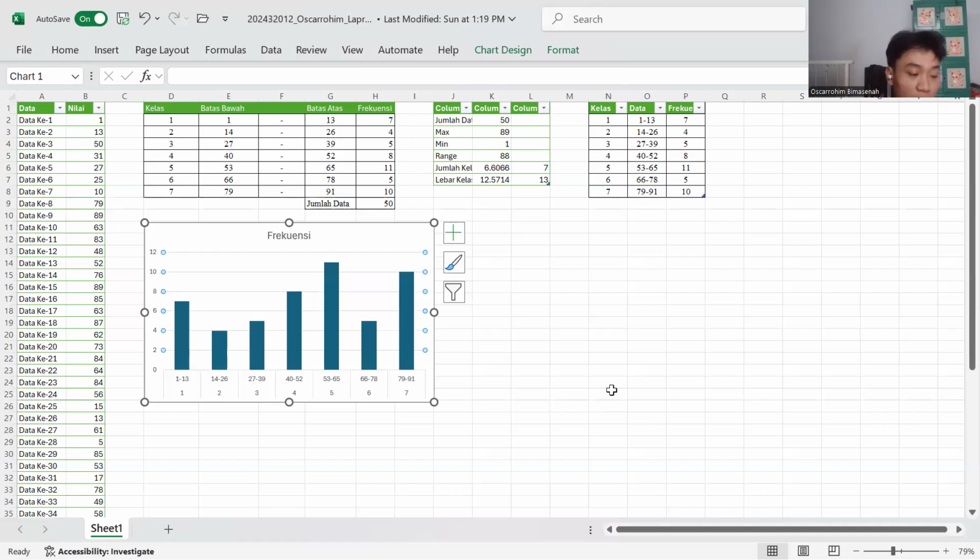In conclusion, this practical work successfully organized the data into 7 classes and calculated the frequency for each class. The frequency distribution table and graph provide a clear picture of how data is distributed. The key takeaway: the exercise taught me how to use functions like count, max, and min to analyze the data. It also highlights the importance of visualizing data to identify patterns and make informed decisions.